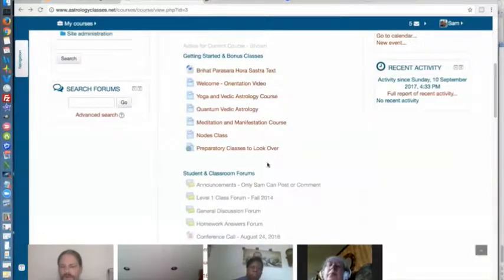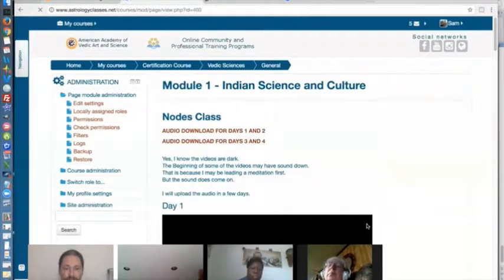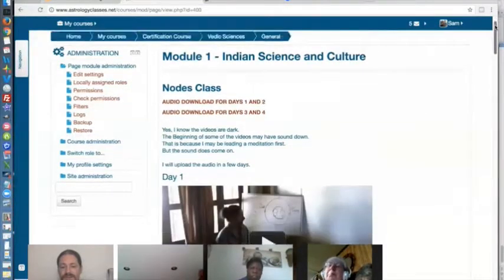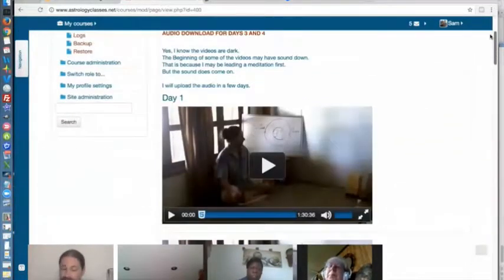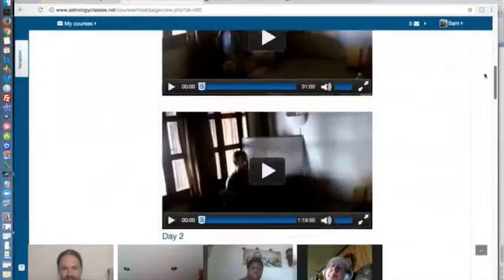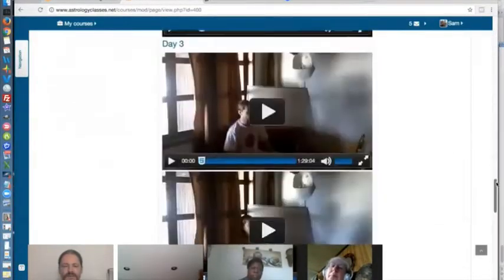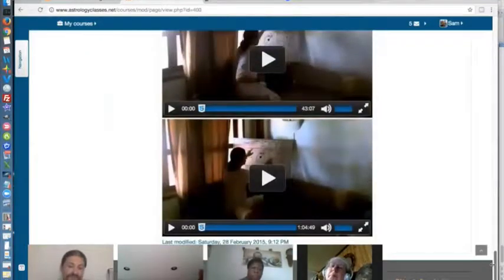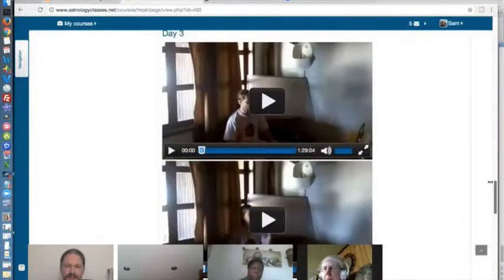And then there's another bonus course I wanted to tell you about for advanced students, and it's on the lunar nodes. Now again, this is advanced material. Some people might not understand about the lunar nodes or what they are, but this was an extremely in-depth course. It was done over 4 days, 4 hours each, so it was like 16 to 20 hours. And it was actually done in Mexico,